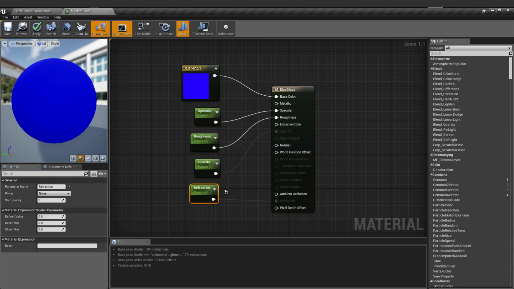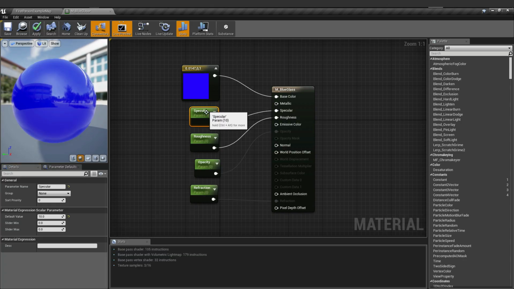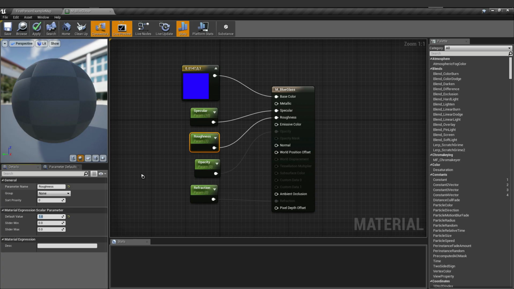So we're going to change the specular first. In specular, let's add some depth. So maybe 10. Let's start the default value of specular as 10. And let's leave the roughness at 0. All we need is a shiny glass. But if you want a matte glass, you can change it to 1. It depends on what you need. But for me, I'm going to use 0 for smoothness.